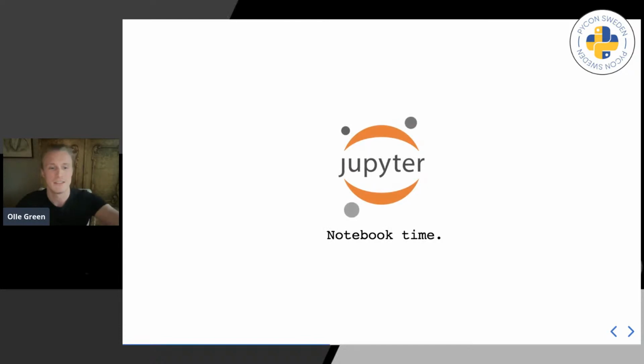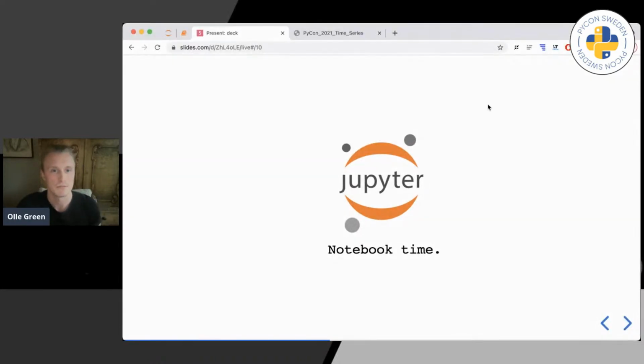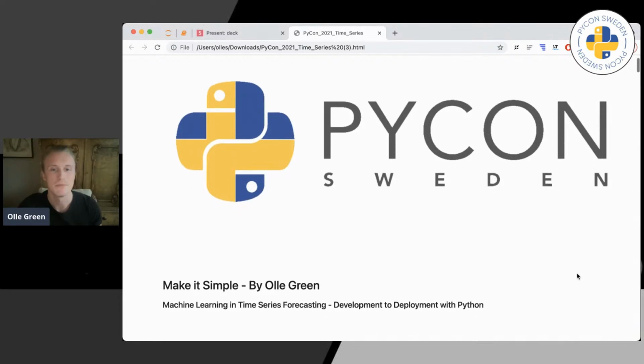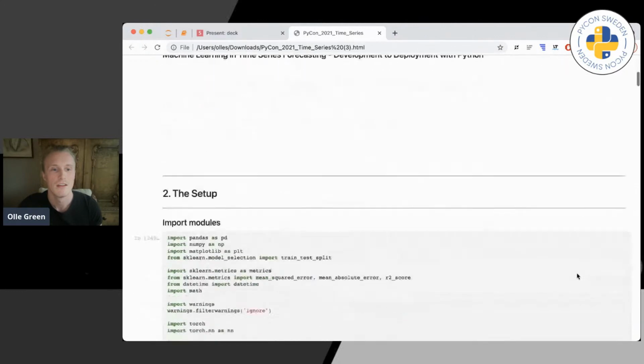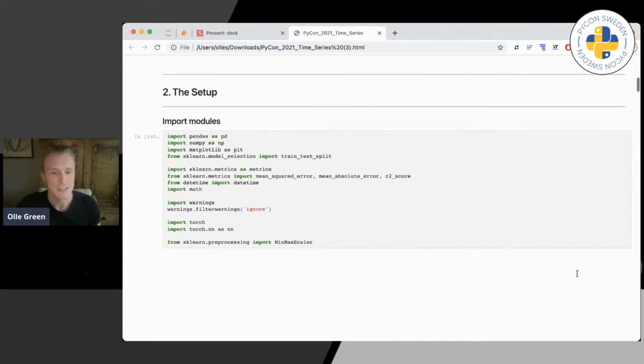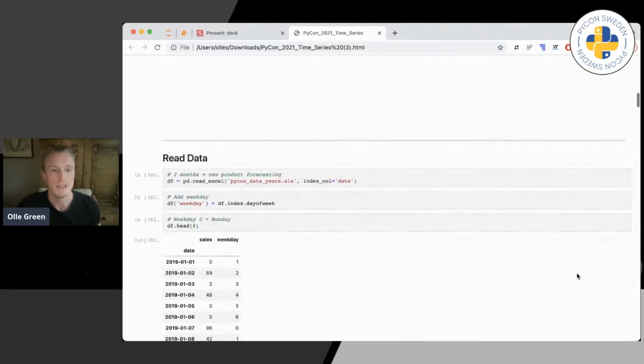So now let's jump into the Jupyter Notebook. Perfect. So we start off with the basics. We're importing some modules. In this case, we have the basics of pandas, numpy, matplotlib for some visualizations, and pytorch for a little bit more deep learning, machine learning, algorithmic computations. Nothing exciting to see here, so let's go into the data part.